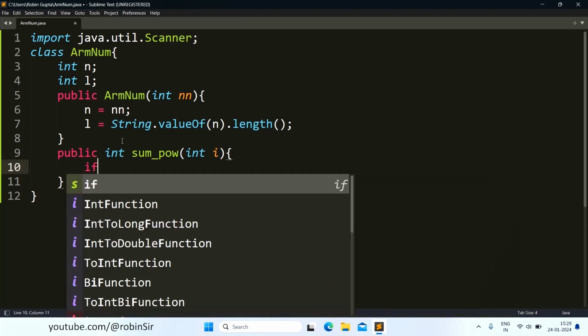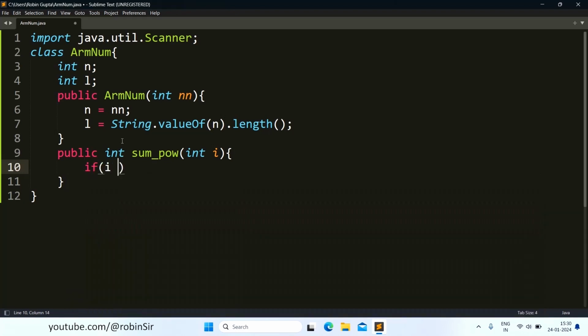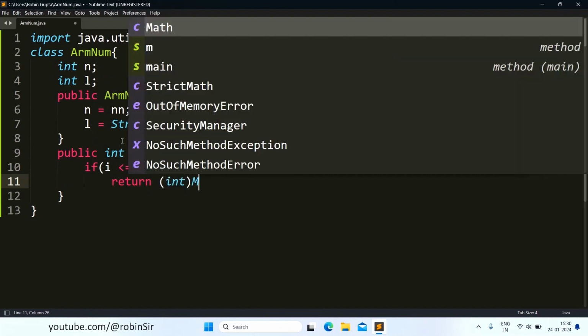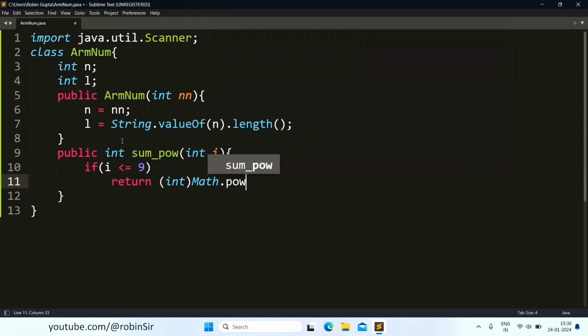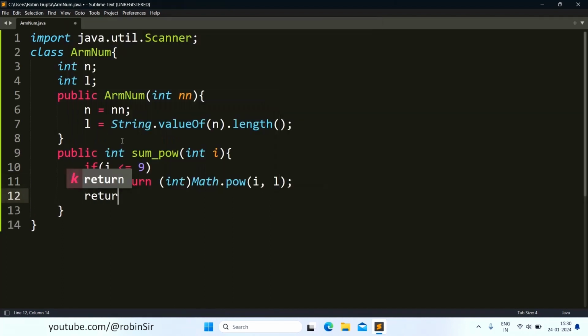So if i is less than or equal to 9, then we can say that it is a one-digit number, and we can directly return int of Math.pow(i, l). l is the length of the number. Otherwise, we return